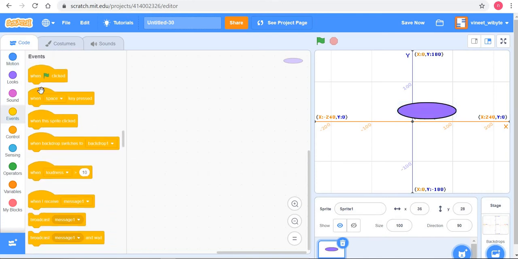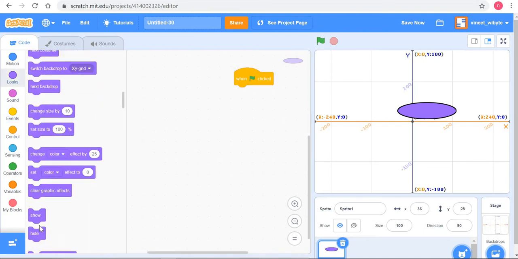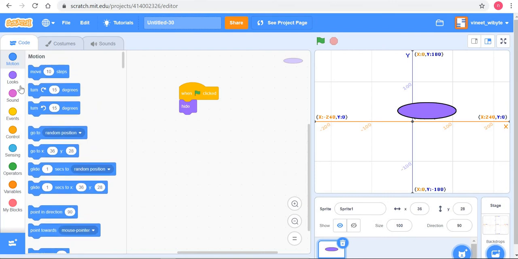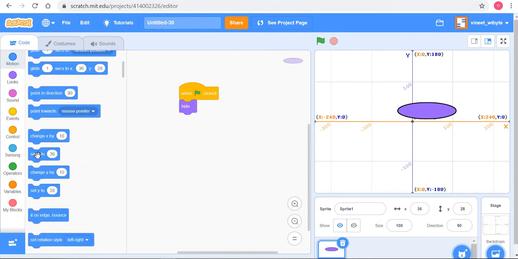So I go to when flag clicked, right? Of course, in the beginning, I'll say hide, right? So I say hide, and what I say is, let's say as I told you, I wanted to go to maybe this point, somewhere here, and say somewhere here, and create one sprite each, right? So I'm going to use cloning for this purpose, but how can I make it go to the points I wanted, right? So I could use in the motion block, for example, set x to, maybe let's say I'll use